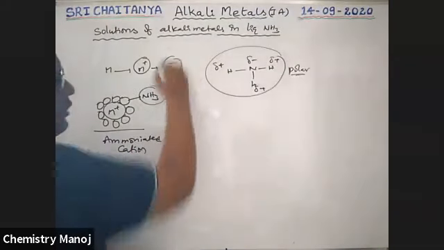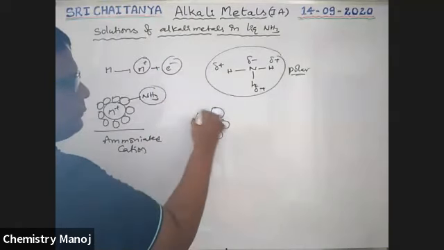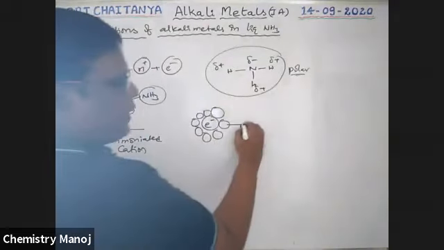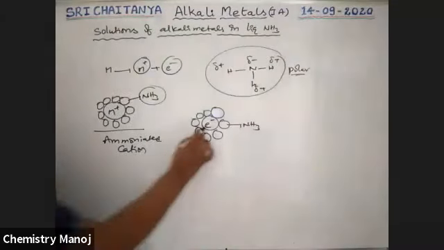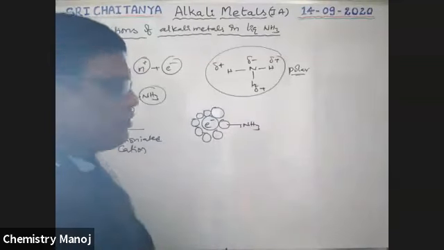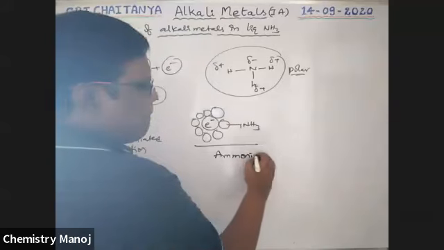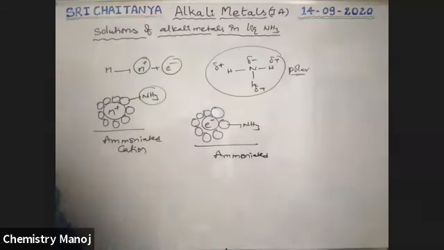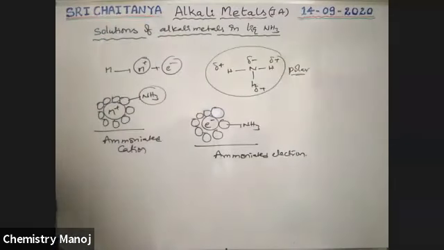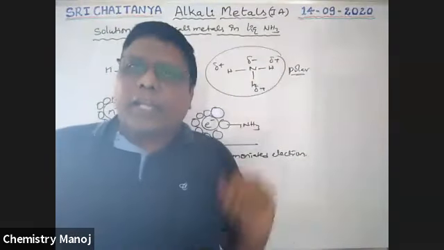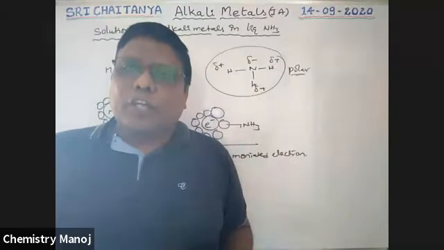Similarly, this electron is also associated with ammonia molecules. Therefore, it is called an ammoniated electron. Because of the presence of this ammoniated electron, the liquid ammonia solutions of alkali metals are blue